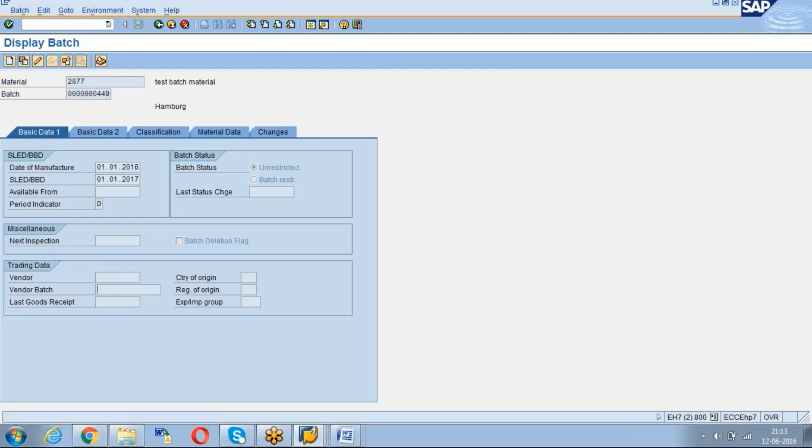See here the vendor batch will be there. There we can maintain the vendor batch number. The vendor batch number might be different, right? Our batch has one kind of series, but the vendor batch might be a different number. Then you can maintain the vendor batch also here.